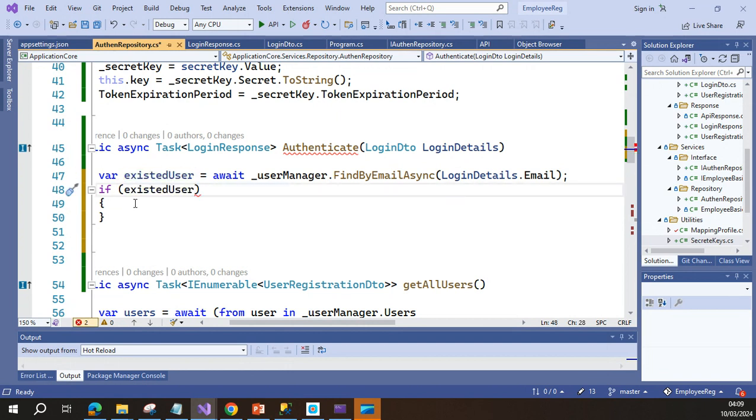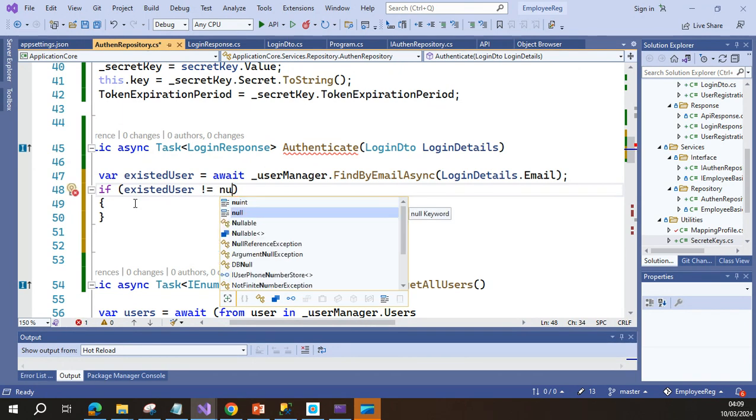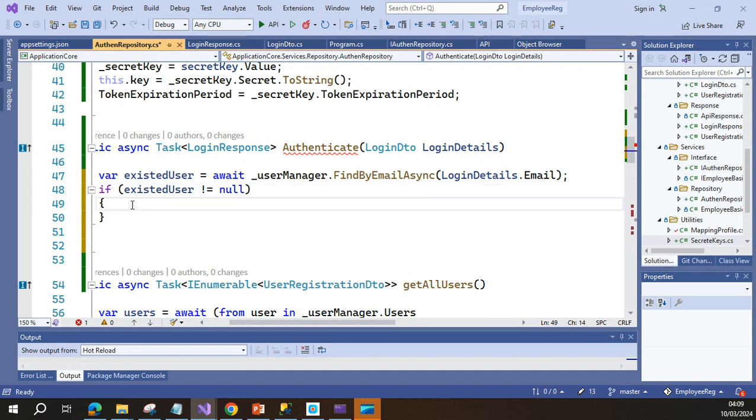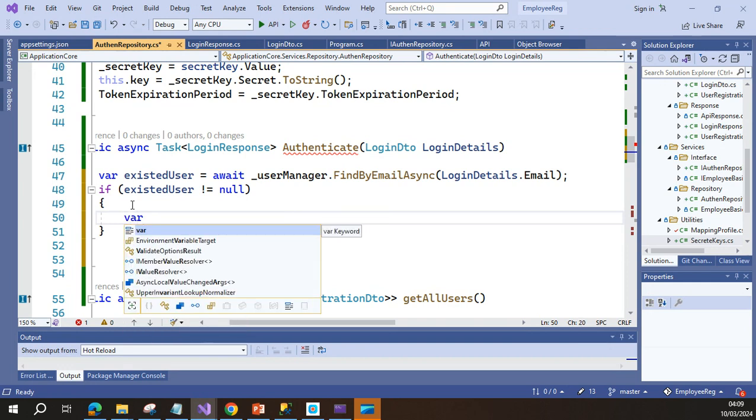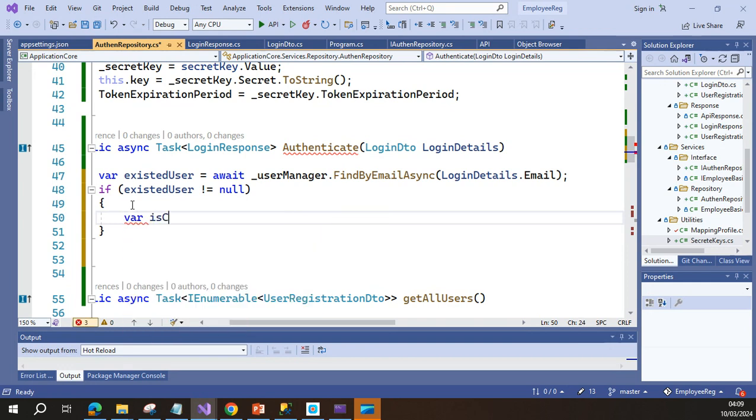If it's not equal to none, which means it exists, then we have to now check if the password is equally correct. For this one, we have isCorrect, it's equal to